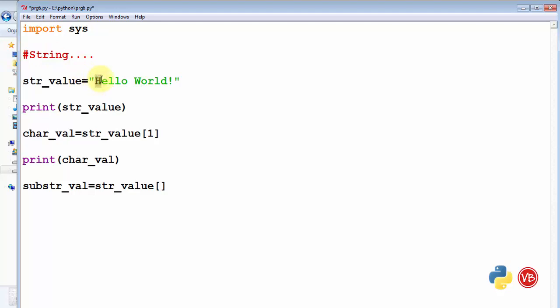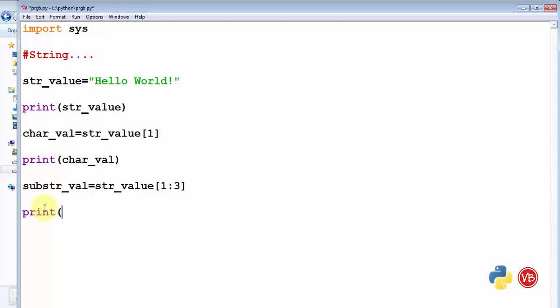H starts from 0, E is at 1, then 2, 3 and 4. So I want ELL, meaning starting from the first index number to the third index number. So I'm going to write 1 colon 3. 1 means the starting index number, the colon sign is a separator for the range, and 3 is the last index number. Then use the print command